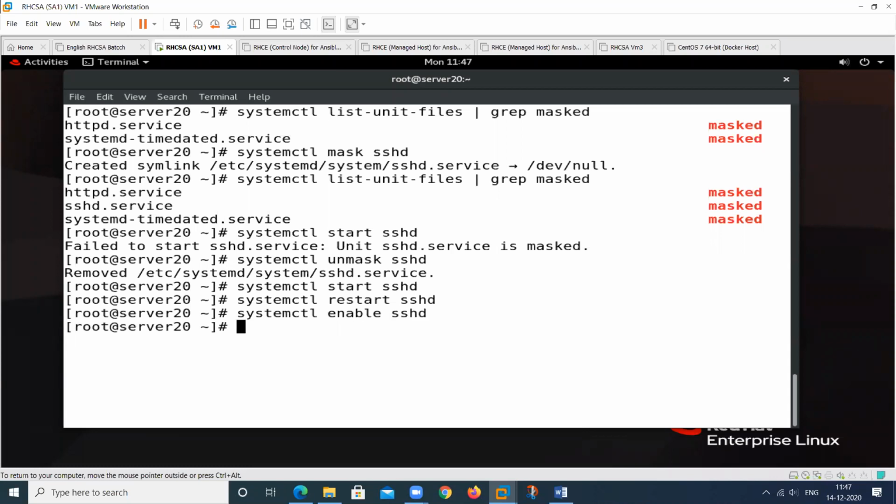But without unmasking, you are not able to do these things. So this is the whole thing about masking, unmasking, start, restart, enable, status. These all will be completed in this chapter. So this chapter will end.